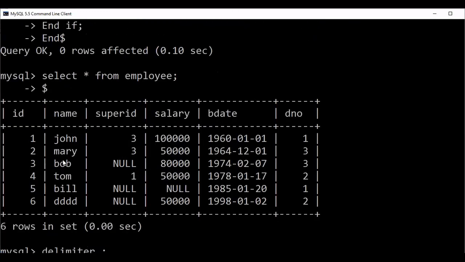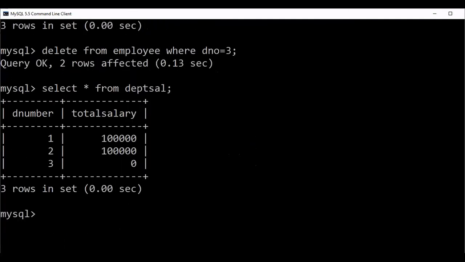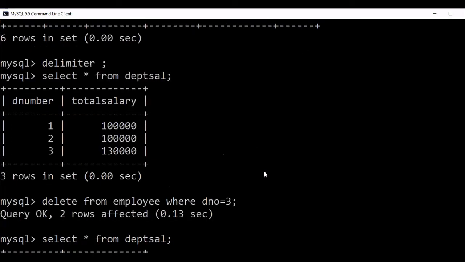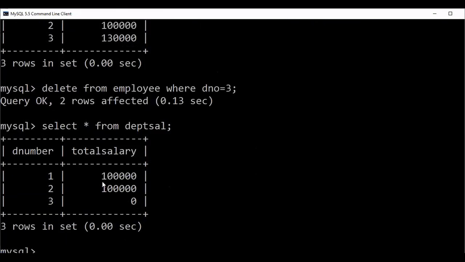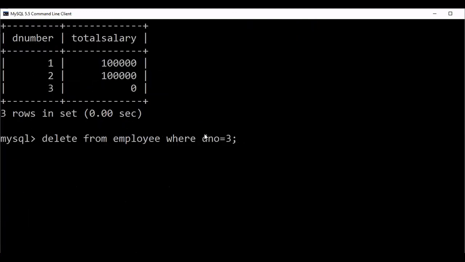You could have specified where name is Bob, and then you would get that. Let me add a record. Now I am deleting one. Under department 1 it is 1 lakh, under department 2 it is 1 lakh. Let me delete not as per the D number but as per the ID. So I'll write delete from employee where ID equals 6.